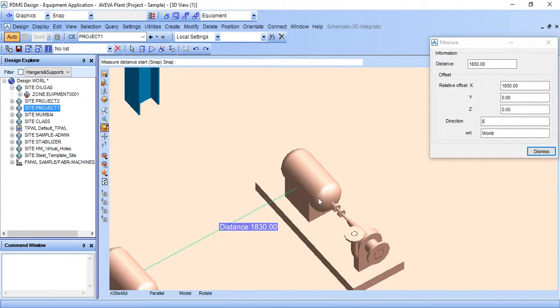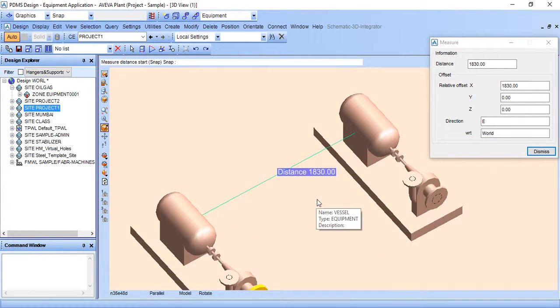So 1830. You can measure this by these two methods. These two options mainly use element and graphics.